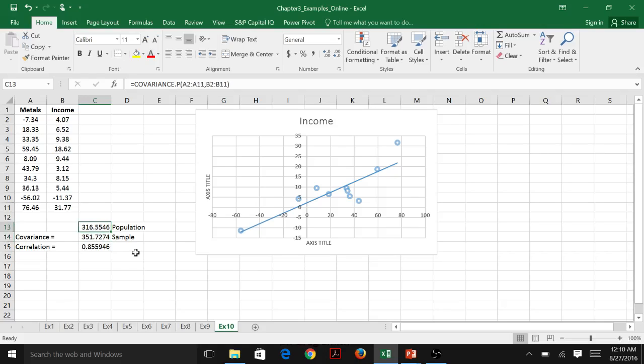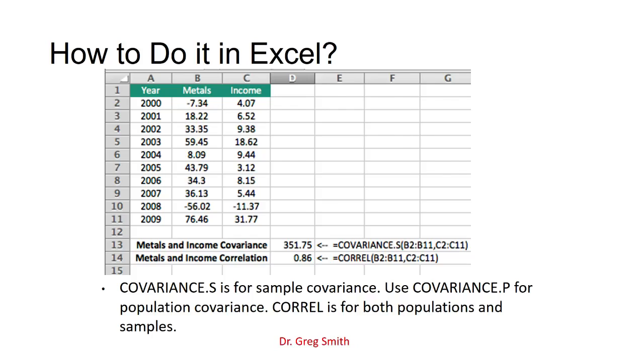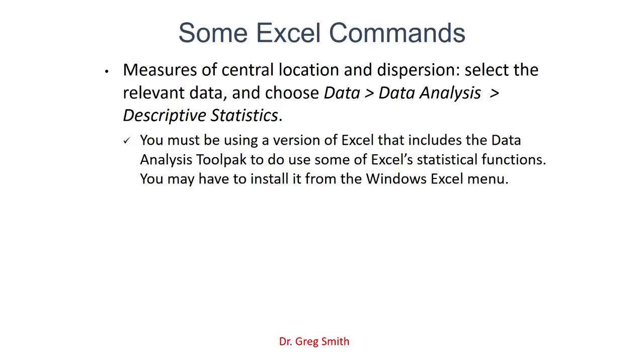350, 316. Notice how much bigger they are than the correlation. Correlation is the one that's important because that's the number that's on scale. It takes the weight of elephants and the weight of feathers and puts them on scale, and now you can correlate those two things. So that's what we're doing in this chapter. A lot of work, a lot of intensive Excel work. It should give you some really great insight in how to use Excel, especially the descriptive statistics tools I'm showing here,